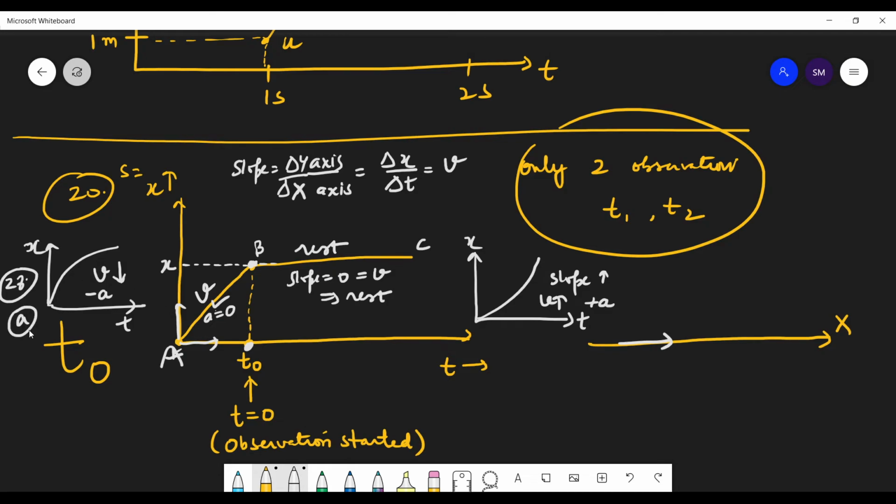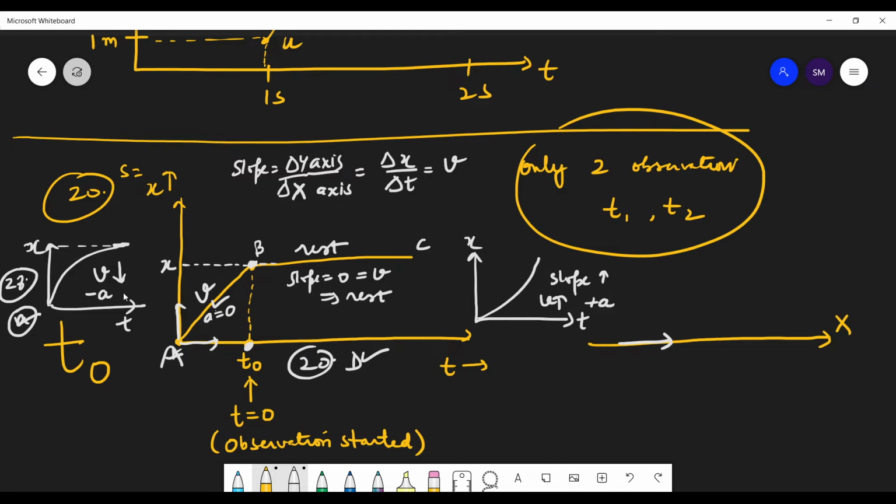इसका, 28 का ए ऑप्शन, विच इज द करेक्ट ऑप्शन। 20th क्वेश्चन में डी ऑप्शन करेक्ट था कि पहले तो वेलोसिटी वाज constant and then the object stops. इस केस में क्या है स्टूडेंट्स? The body starts with a certain velocity but the motion is retarded and finally the object comes at rest. Comes at rest. Why? Because you can see the slope at this point is zero. So the object is not changing its position. Slope is zero, velocity is zero.